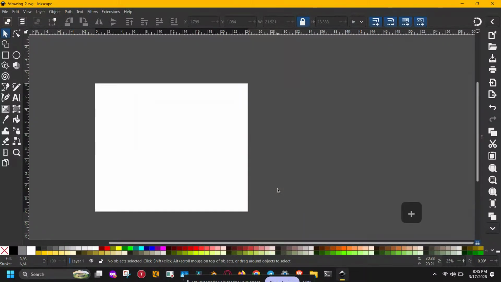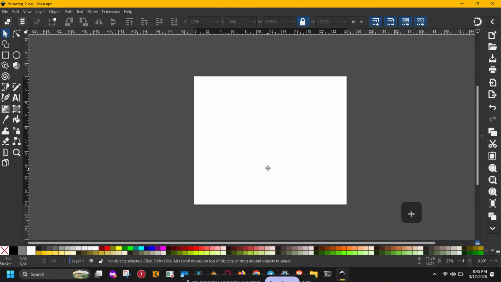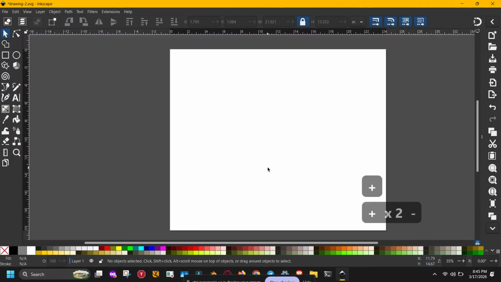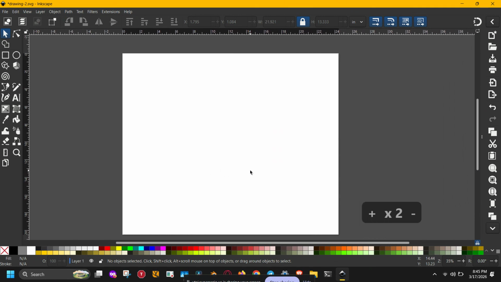In today's video, I'm going to show you how to make an X in Inkscape using multiple easy methods, so no matter your skill level, you'll have a technique that works for you. Whether you're designing logos, icons, or just practicing vector basics, this is a super useful shape to know how to